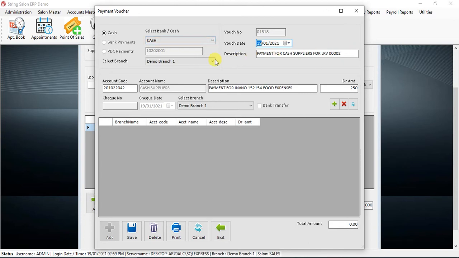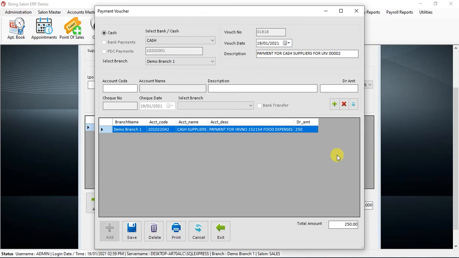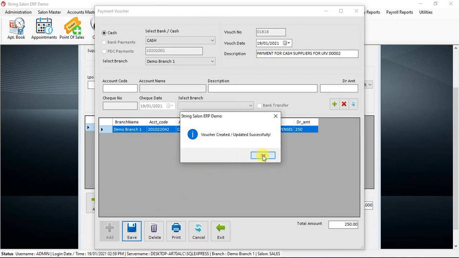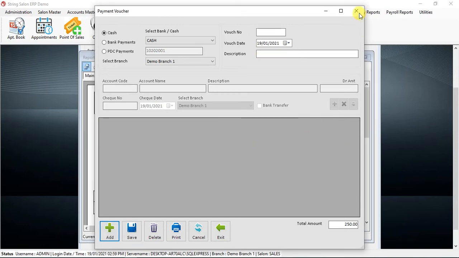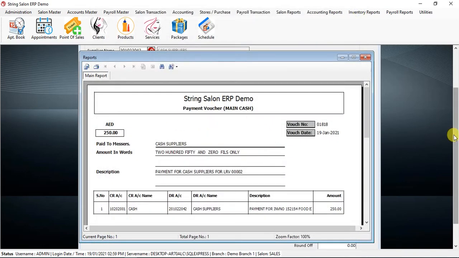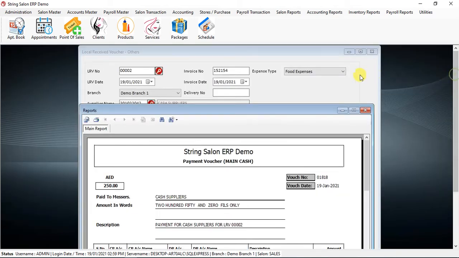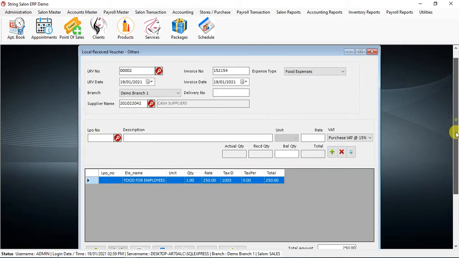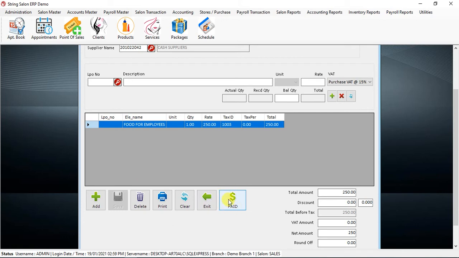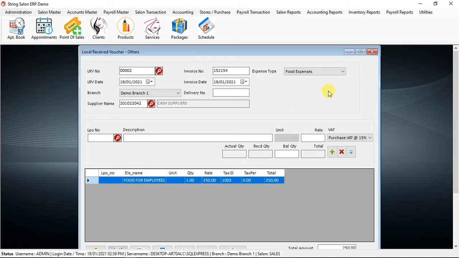You just need to mention it, and all the things are already entered here. Just press this button and save. So this is already created for you. See, cash supplier, against which invoice number, food expense, all these things, and the status will be paid. This is how you create all the expenses.